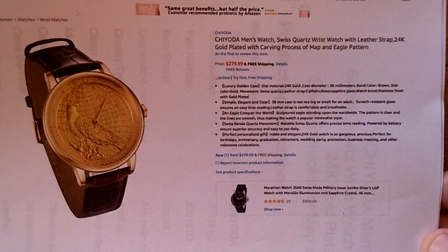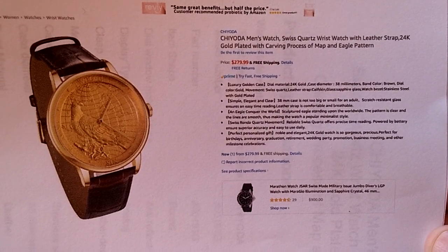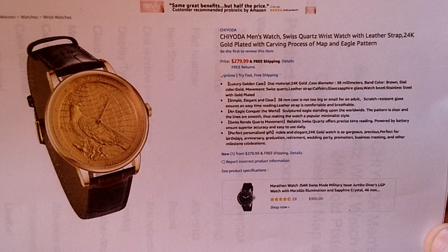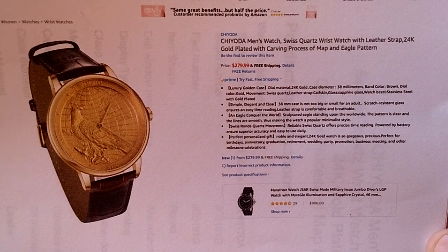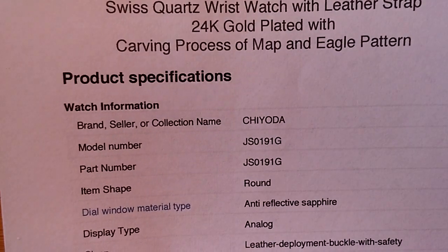Yes, it's an analog watch. What makes it smart, well, is that they chose this channel for me to show it to you. Yeah, this is a regular analog watch, but it's a very high-end one, as you can tell from the price. A quick go-through of what is in this watch. Its model number is